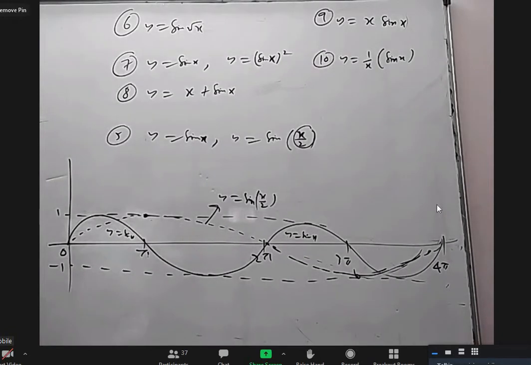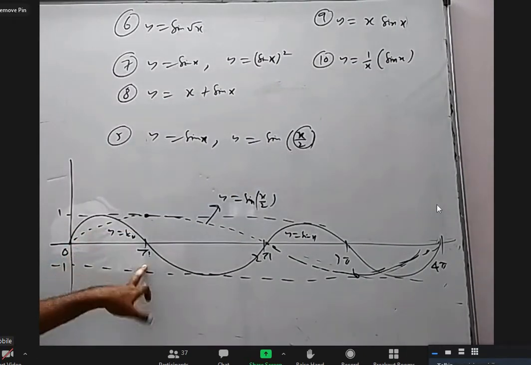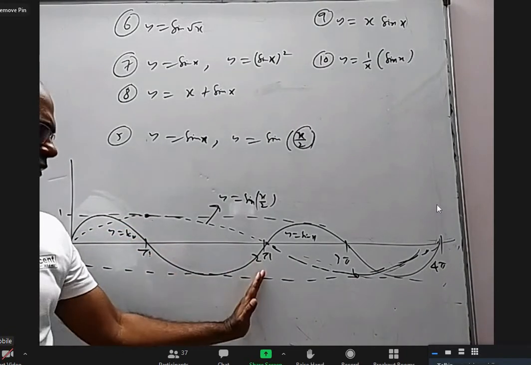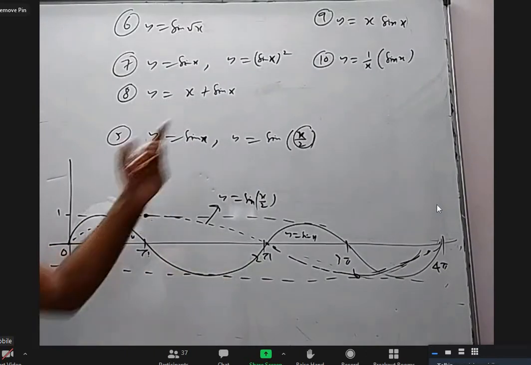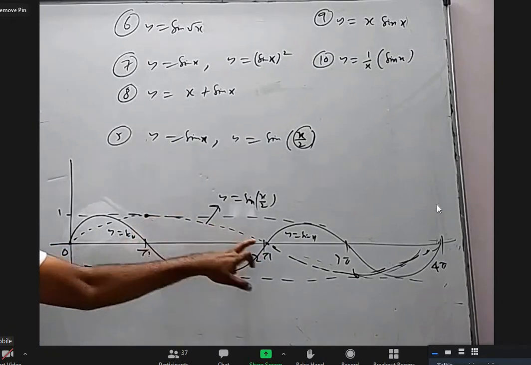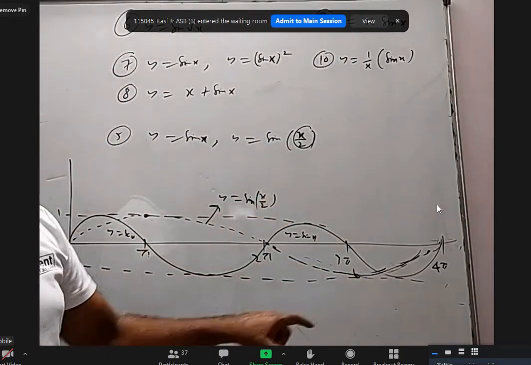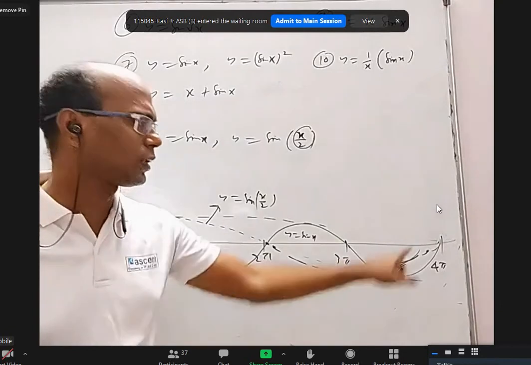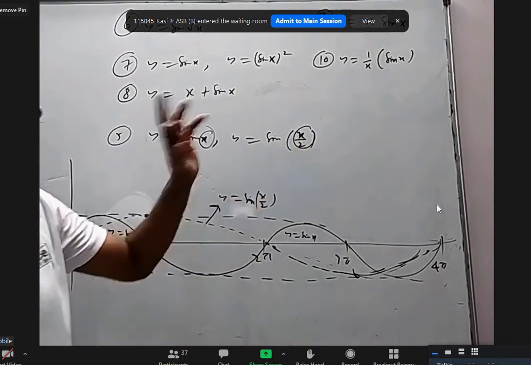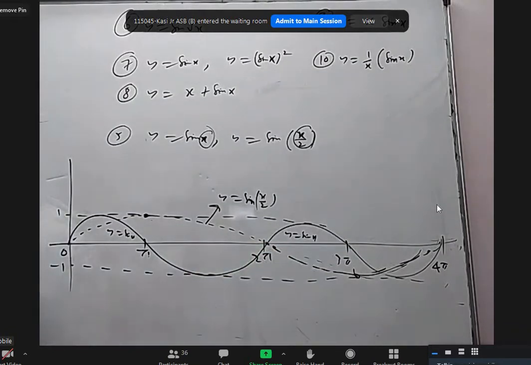What I was saying is, when sin x covers 0 to pi, two quadrants, x by 2 will be only 0 to pi by 2, it will cover only one quadrant, increasing from 0 to 1. When x is between pi and 2 pi, where the regular sin x is covering the third and fourth quadrant, x by 2 is between pi by 2 and pi, that is only the second quadrant, decreasing from 1 to 0. And when x is between 2 pi to 3 pi, x by 2 is between pi and 3 pi by 2, the third quadrant, going from 0 to minus 1. So when this is covering two rotations, 0 to 4 pi, this will cover 0 to 2 pi, one wave. So when this covers two waves, this is one long wave like this. Is it okay? Yes, sir.